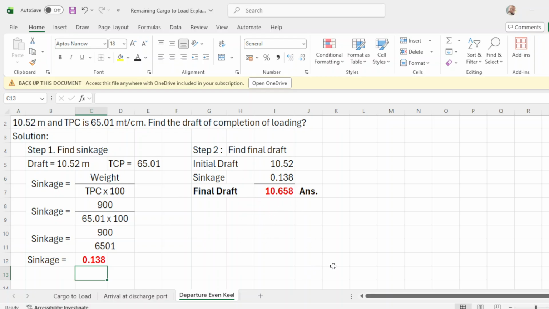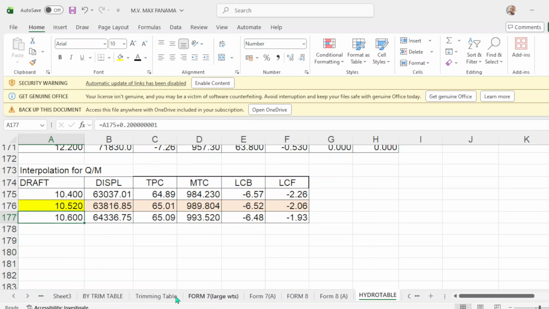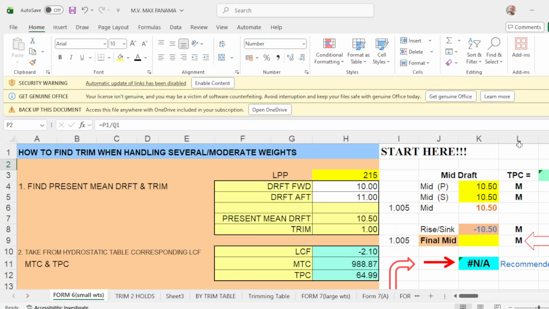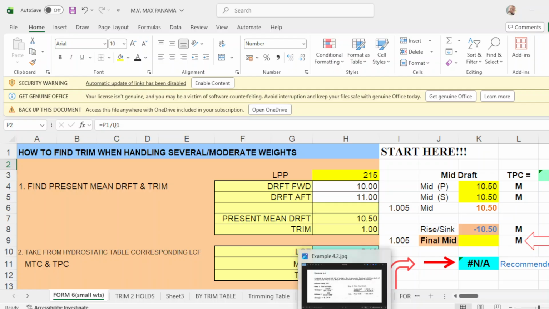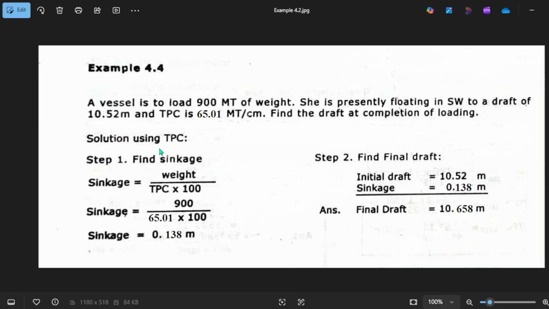Okay, so to the program, and I'll go to form 6. Okay, this is the program, form 6. Our initial drop was 10.52, with TPC of 6501.